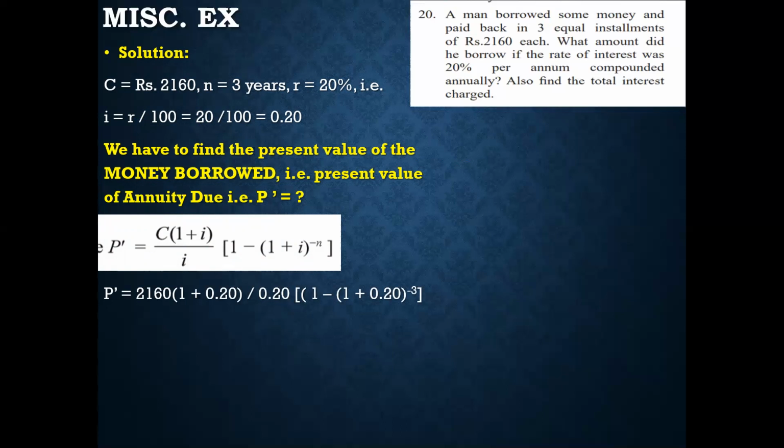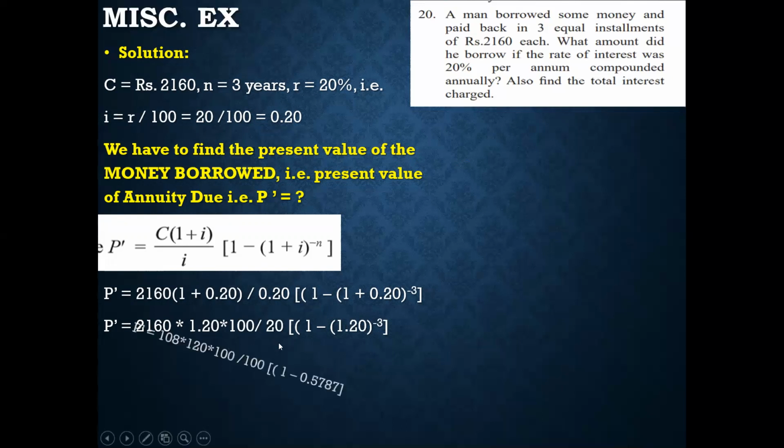So in this way, I have substituted the values, and again, you are not given the value of 1.20 the whole raised to minus 3. So over here, I have removed the decimal and multiplied by 100. In the next step, I have cancelled 20 and 2160, which gives me 108, and I have removed the decimal of 1.20 divided by 100. And the value of 1.20, the whole raised to minus 3 is